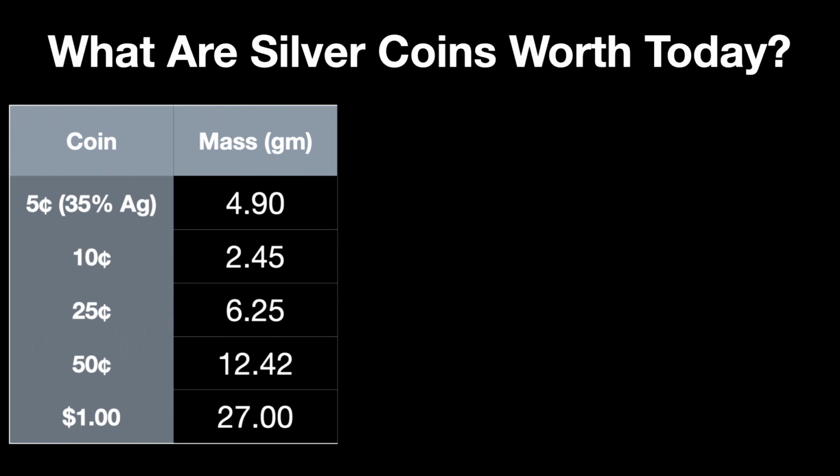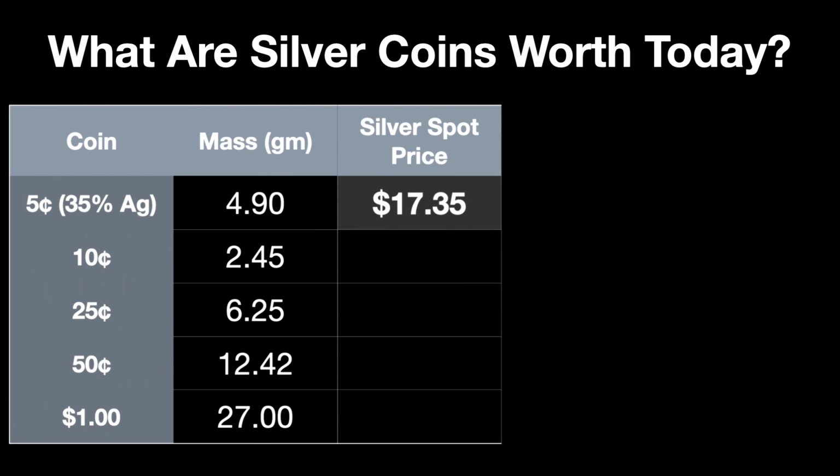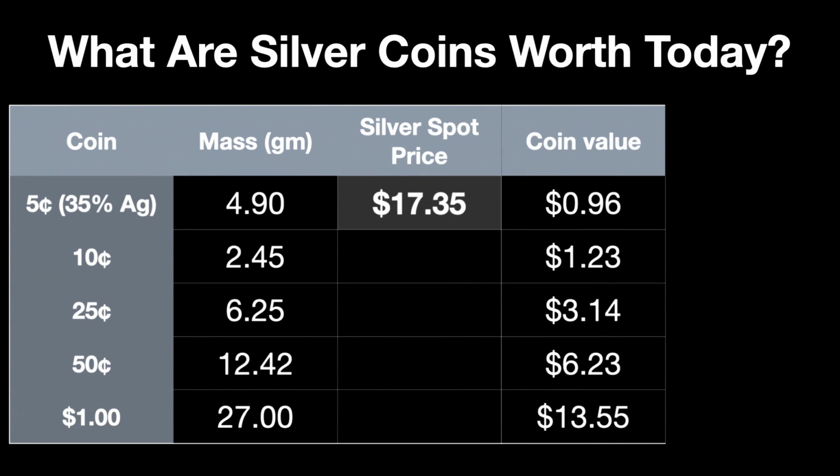And I looked up the price of silver, which we've already talked about. At this point, it's $17.35 per troy ounce. And from here, it's actually pretty simple. You can now see that the value of each coin is, wow, quite a bit higher than the face value. So the nickel is worth 96 cents. The dime is worth $1.23, the quarter $3.14, the 50-cent piece is worth $6.23, and the dollar, a silver dollar, is worth